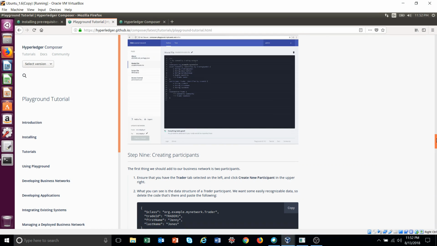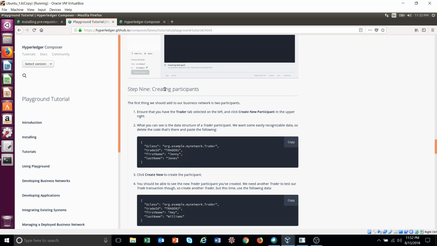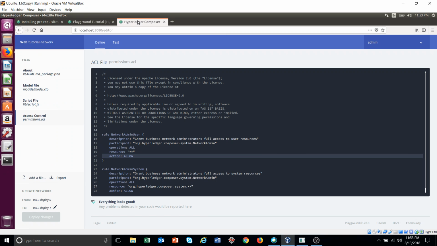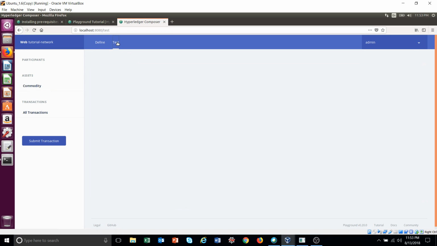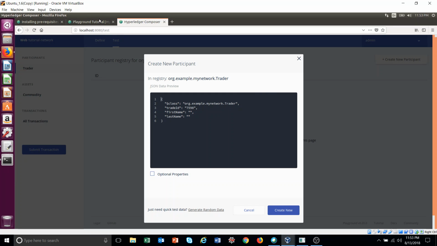Okay, and we have to create a participant first. So there is no participant. First we will go to the test tab. Now we are in the define tab. Go to the test tab. Okay, see, nothing is there. So first we are in the trader option, trader menu option. So create participant. Okay, we will create